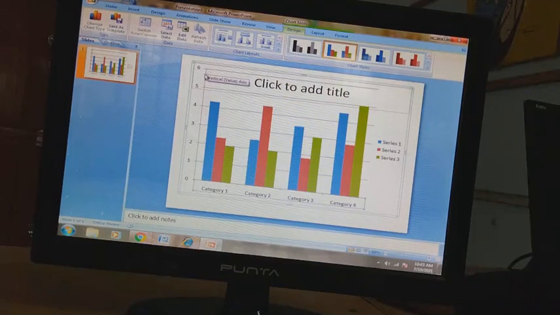The area where we make our chart is called the plot area.